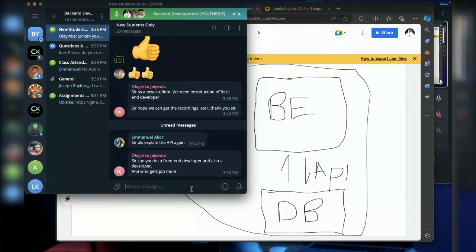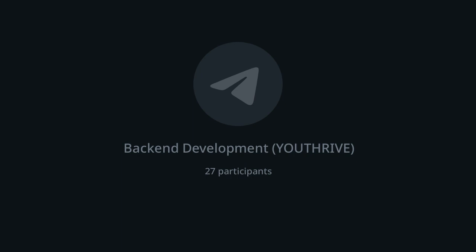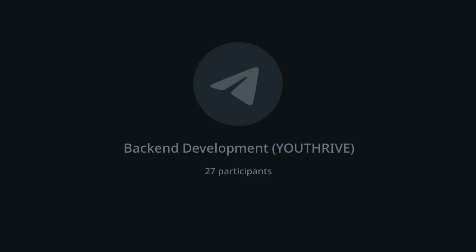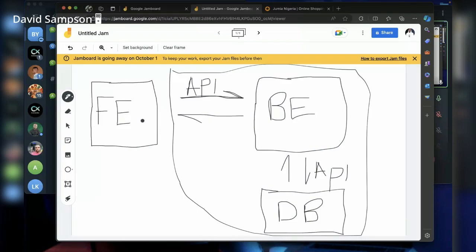You can be a front-end developer and also be a back-end developer. That is when you become a full stack developer. So if you learn back-end and you decide tomorrow, okay, I also want to learn front-end, that's your choice. Now, on who gets more jobs, the question is, there is no back-end without front-end. And there is no software you want to build that will not have a back end.